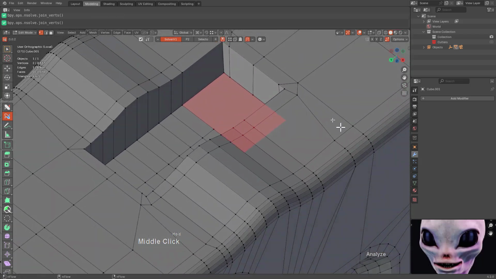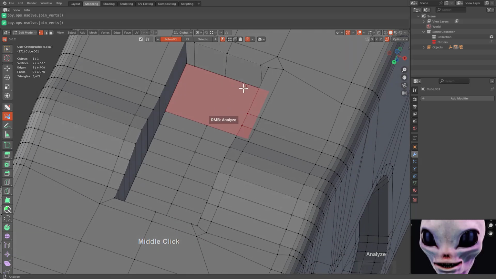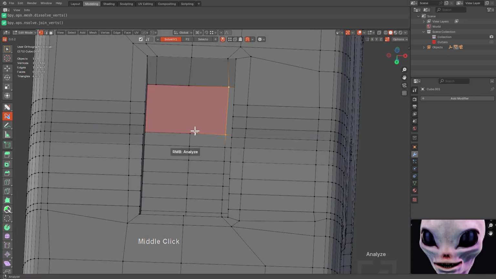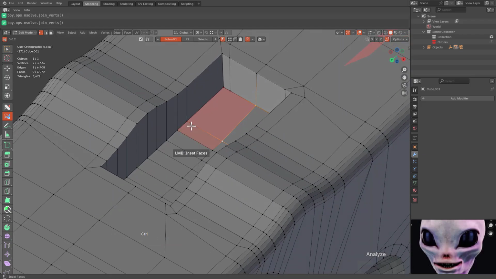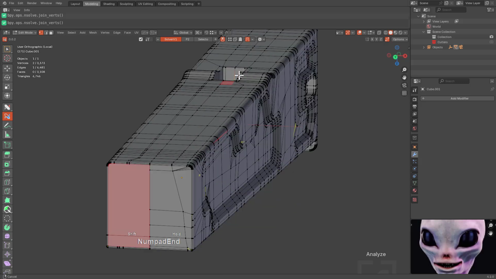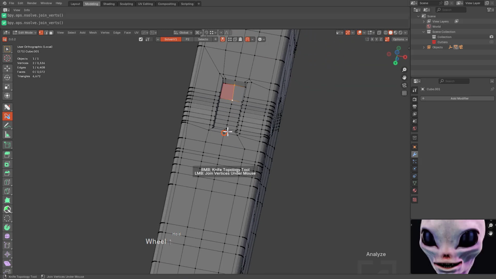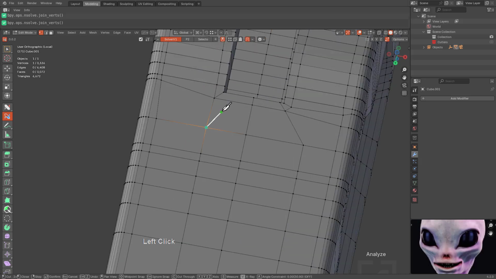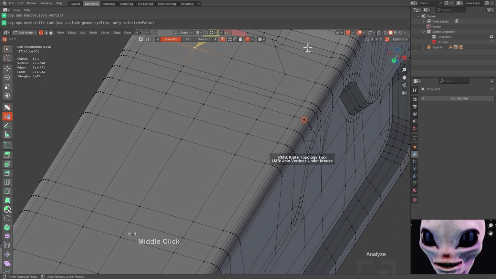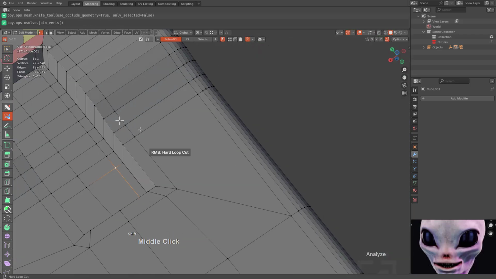Alright, and we are making progress. Alright, and we'll make this connection. And the question we're asking ourselves is, do we want an edge loop going all the way down the shape? The answer, of course, to me is no. Never. I never want to have a loop circumnavigating the form when it's unnecessary.